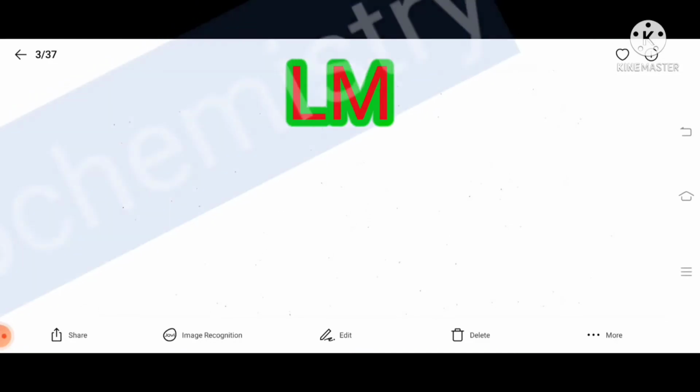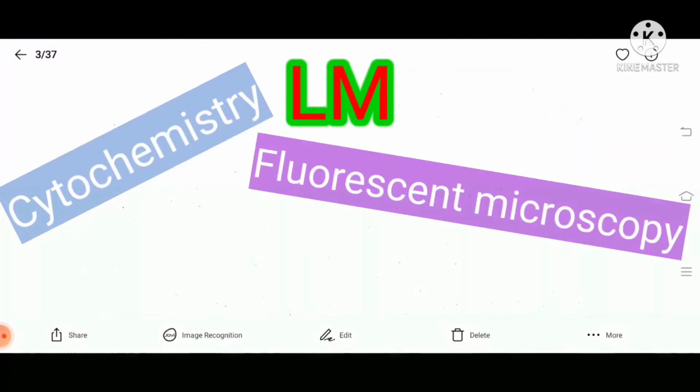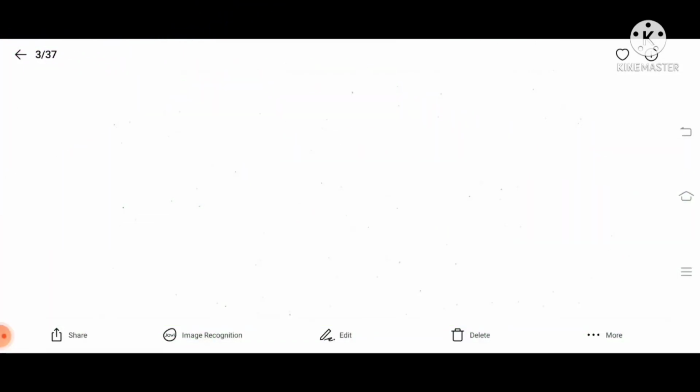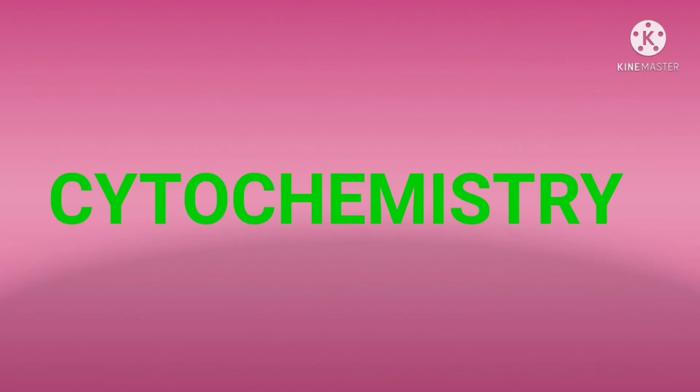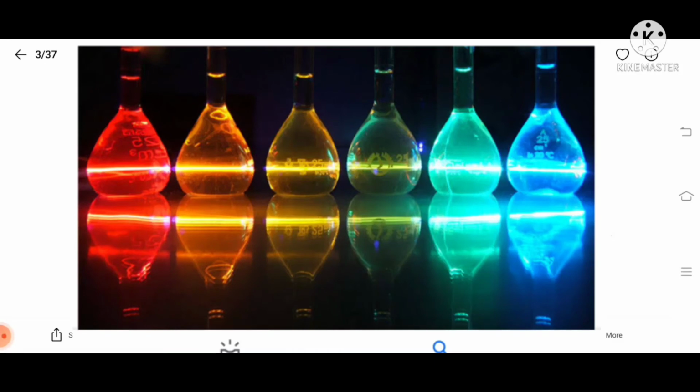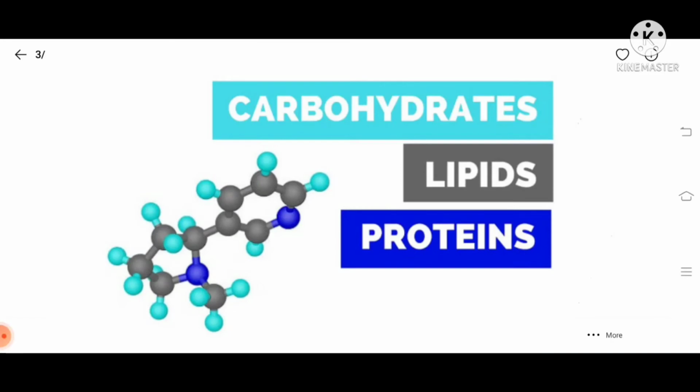Using the light microscope, we can study the cell by various methods. We will study three such methods in the following subsections: cytochemistry, fluorescence microscopy, and phase contrast microscopy. Cytochemistry. It is well known that certain stains and dyes specifically combine with certain chemical components of the cell. Cytochemical techniques take advantage of this fact and help in localization and identification of various constituents like protein, nucleic acid, lipids, etc. within a cell.